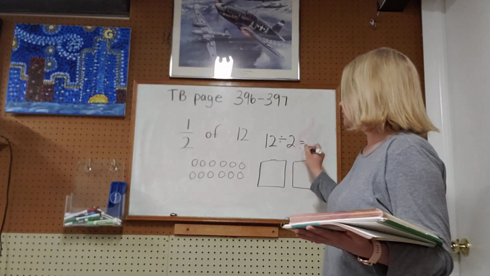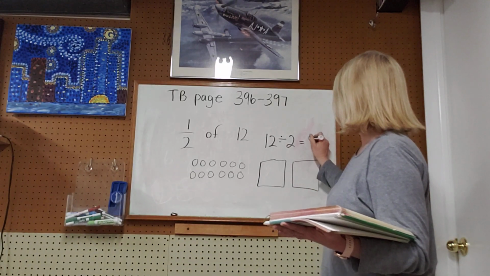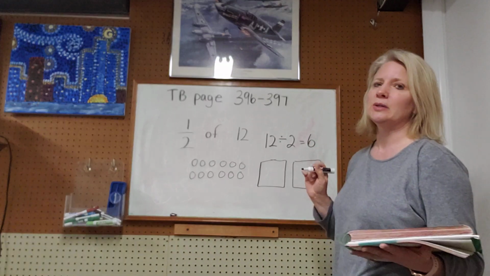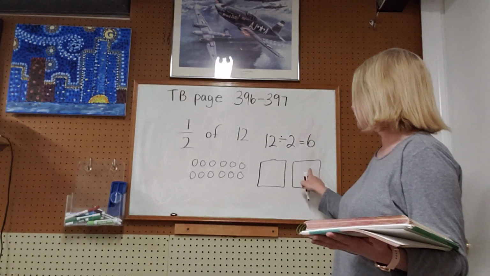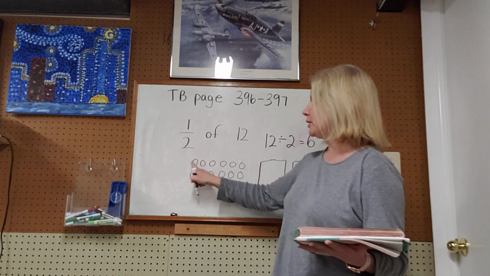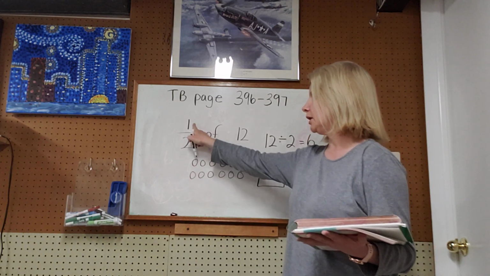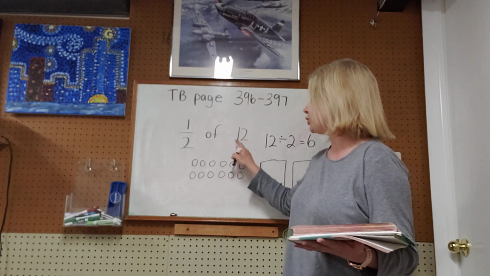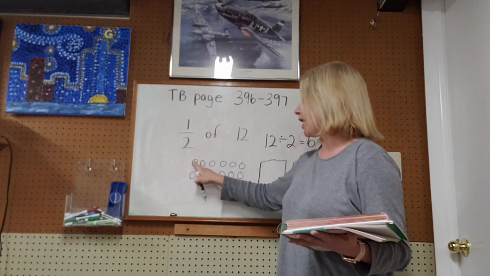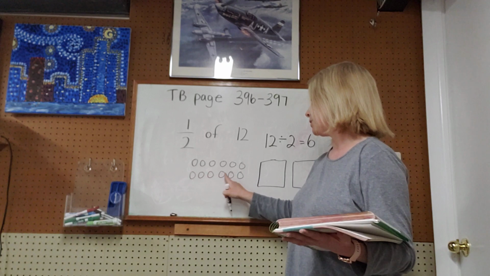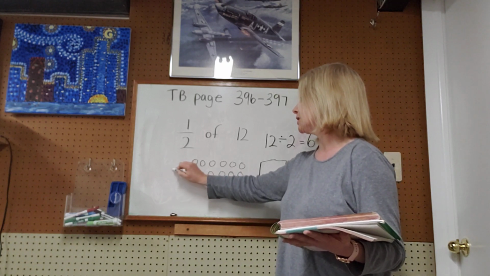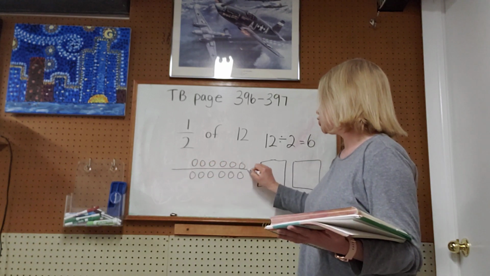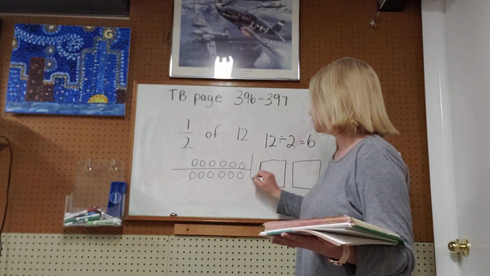So each number is going to be 6. Or each group is going to have 6. There will be 6 in each group. So when you look at your dozen of eggs, it's saying you want to divide them into 2 parts with 12 total. So I have the same number on the top and the same number on the bottom, 6 and 6. So if I divide it into 2 parts,